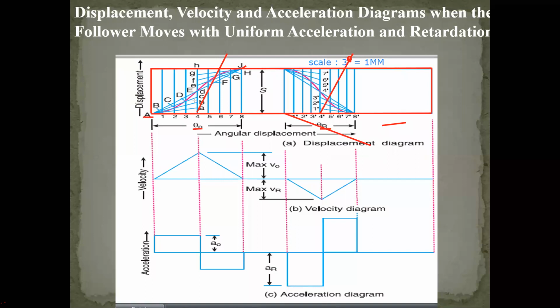So that is our A to A, B, C, D, only 4. Our first 4 points are connected to the beginning of the stroke, and the next 4 points are connected to the end of the stroke. So that is the end of the stroke here. From that, just connect the other 4 points.